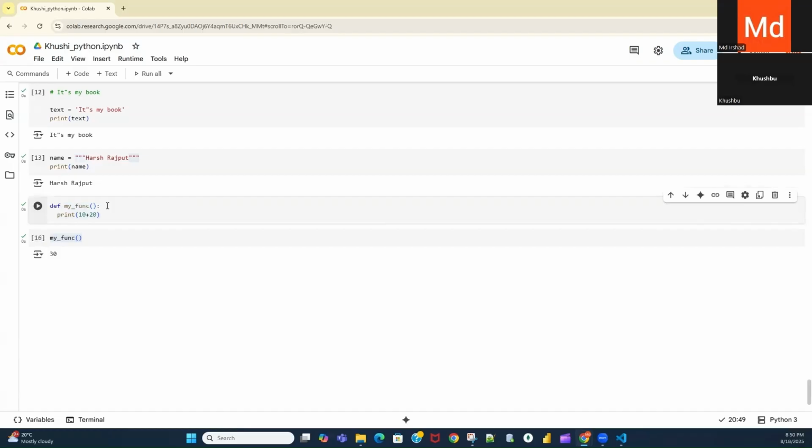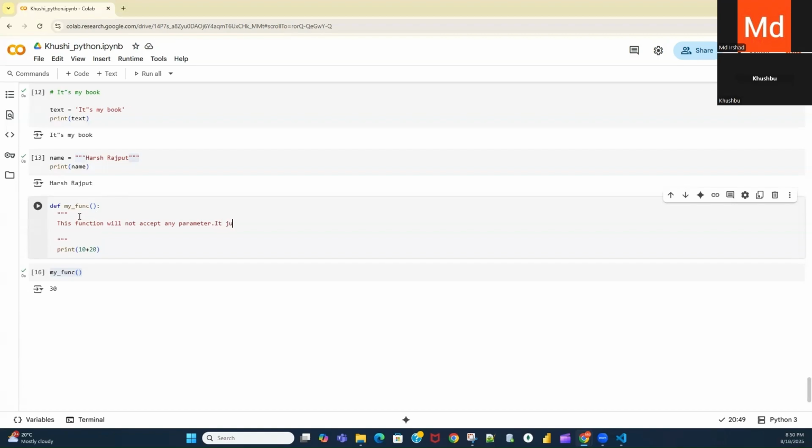Now, where is this triple quote used? You can use a triple quote like this. A triple quote is used to define your statement in multiple lines. So here you can write: this function will not accept any parameter.